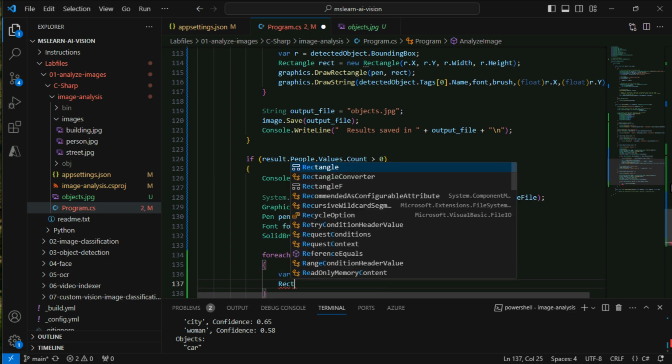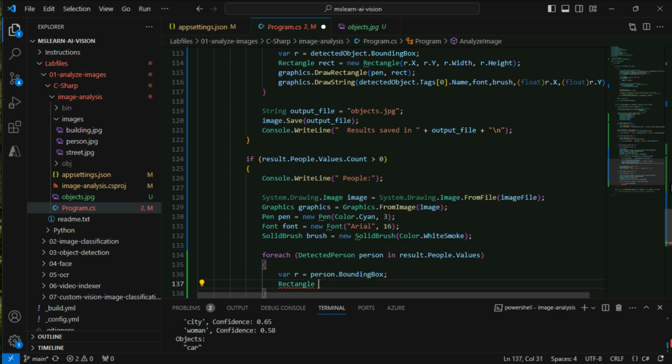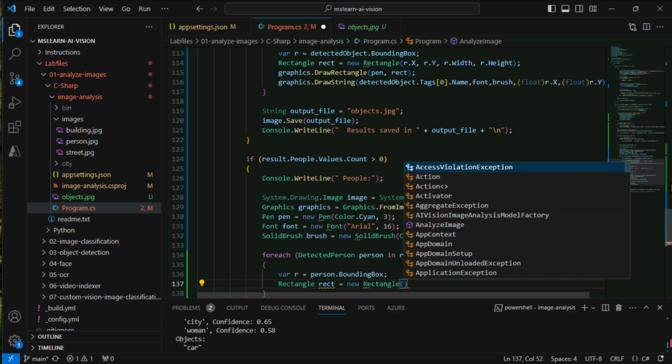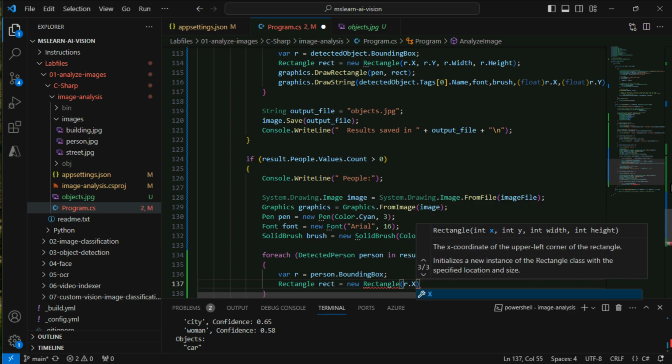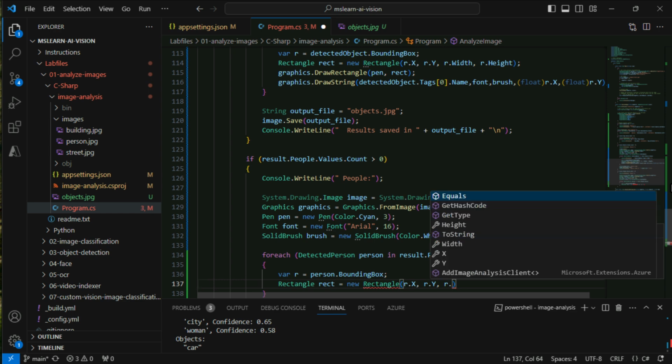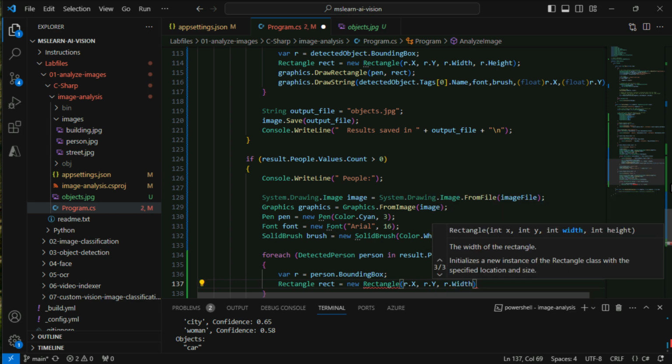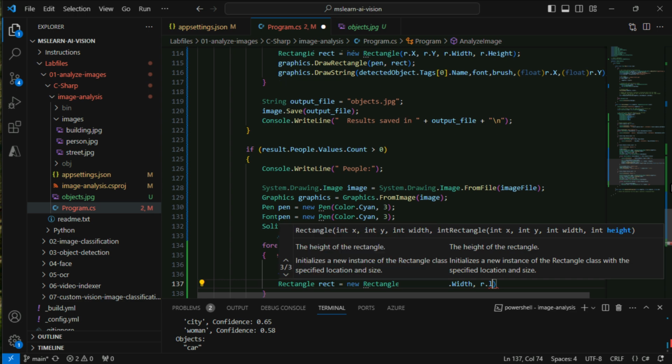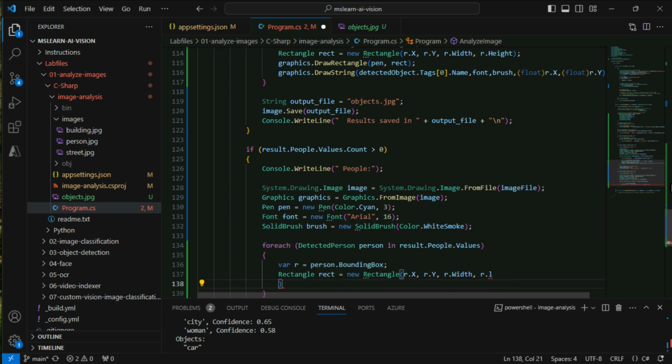And then we create a rectangle based on the information therein. And we need the top left and top right corners, and then the width and the height. That one. And